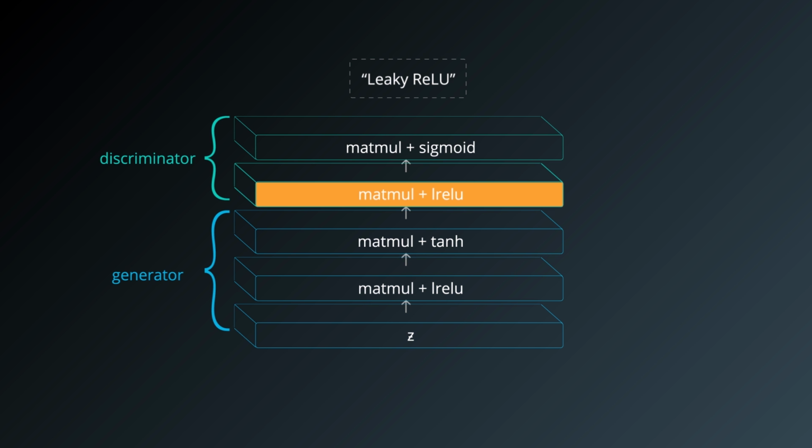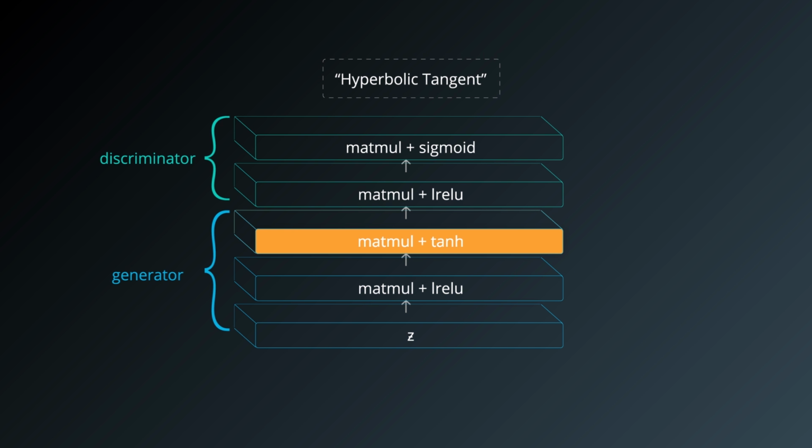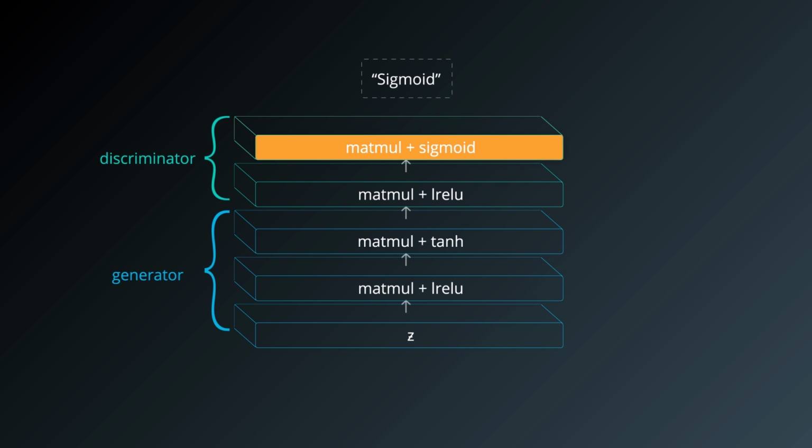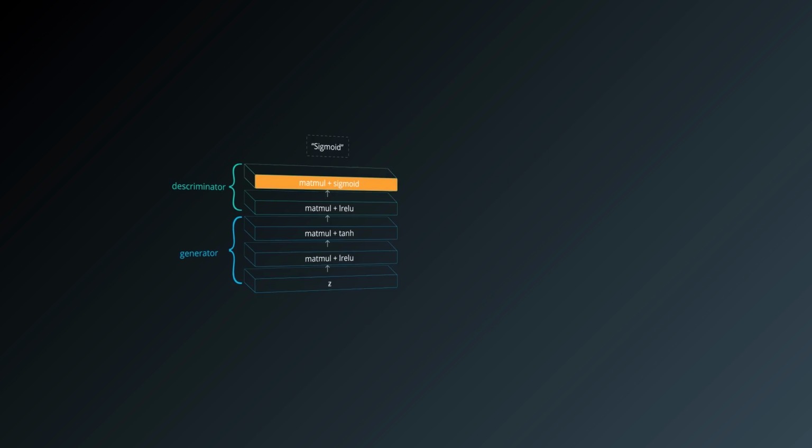That's an important consideration for any machine learning model, but it's even more important for GANs, because the only way the generator can learn is to receive a gradient from the discriminator. A popular choice for the output of the generator is the hyperbolic tangent activation function. This means that your data should be scaled to the interval ranging from -1 to +1. Finally, for most versions of GANs, the output of the discriminator needs to be a probability. To enforce that constraint, we use a sigmoid unit as the output.